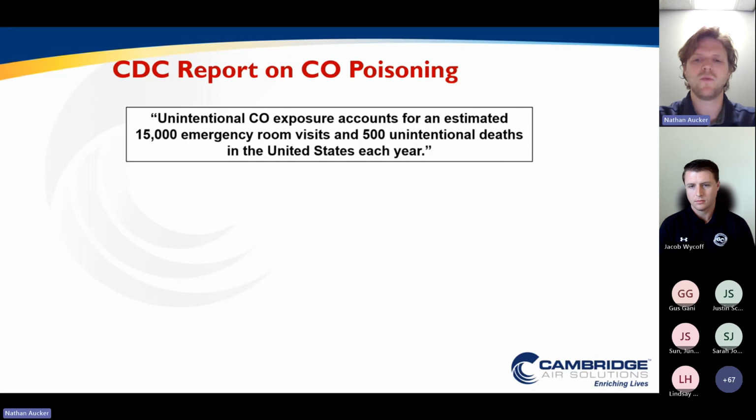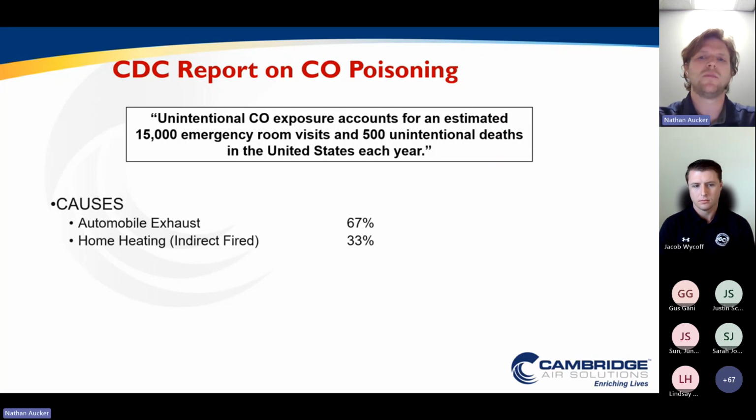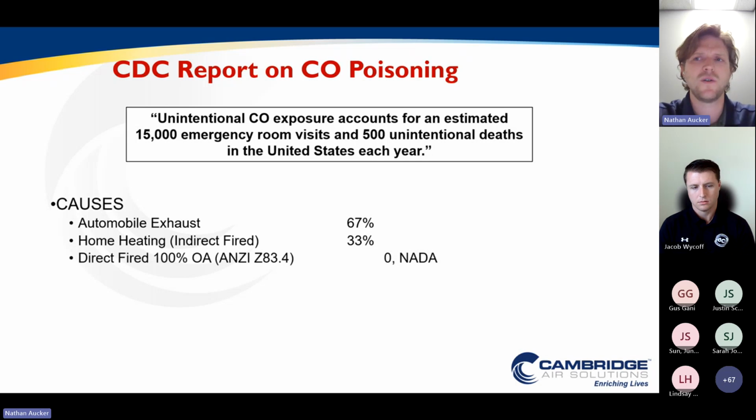And so what would the potential causes be as you look forward to the details inside that study? Now, they discovered that the root cause of 2/3 of these CO exposures was situations where automobiles were creating the unsafe environment. And then 1/3 were caused by home heating systems, specifically an indirect fired combustion device. And inside that study, they were not able to find a single CO exposure that was caused by a direct